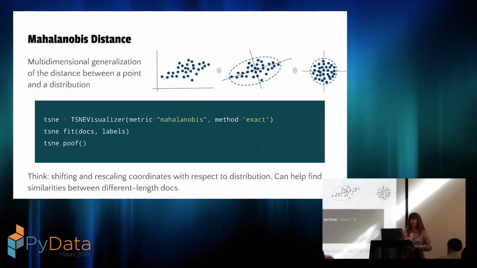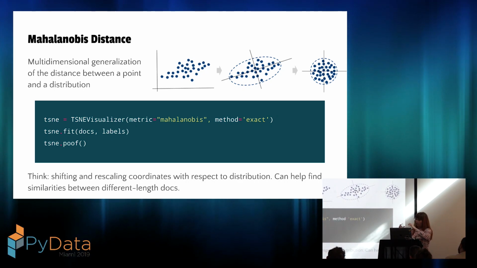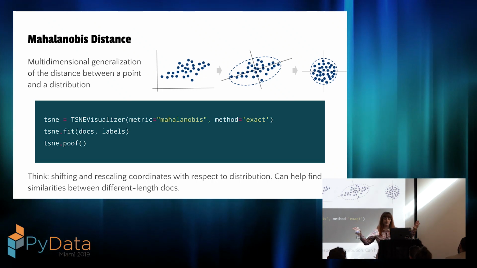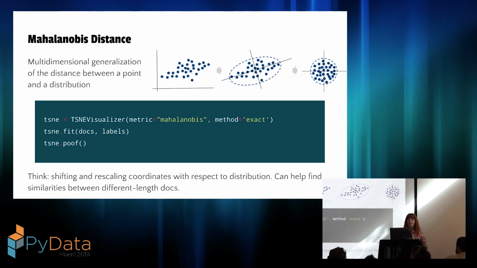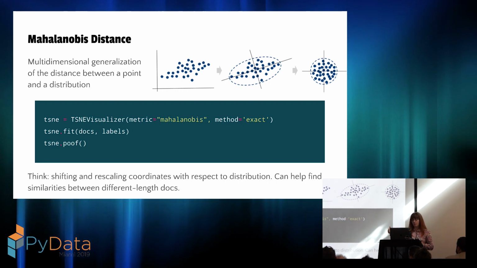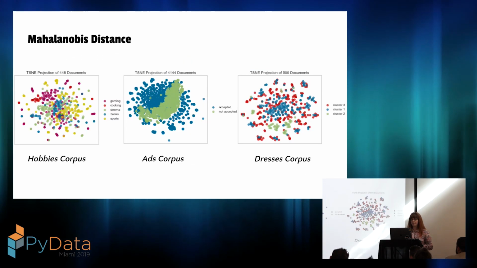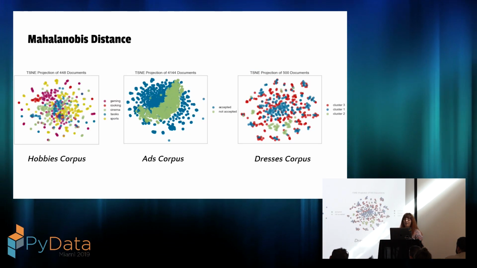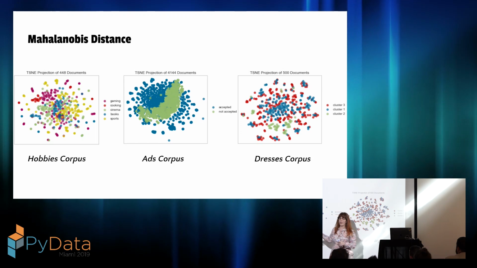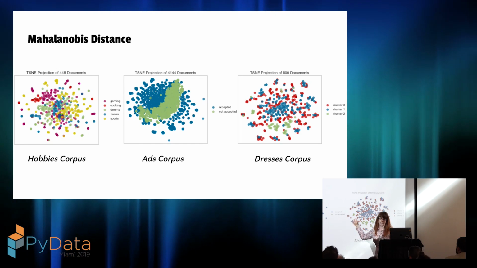Mahalanobis distance here is a way to rescale the original coordinates with respect to the distribution of all of the documents. And here, in addition to passing in the keyword argument for the distance measure, we also have to pass in method equals exact. So this is a scikit-learn thing. I feel like this is a really interesting result here. You get a kidney shape, but it's very distinct, and you don't get that same distinction with